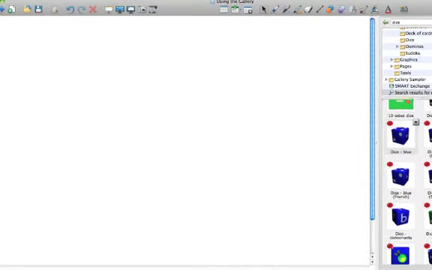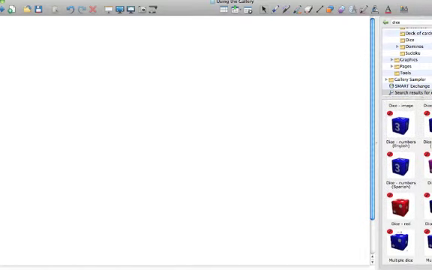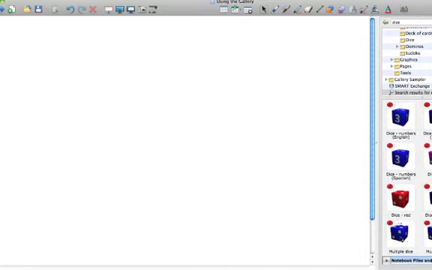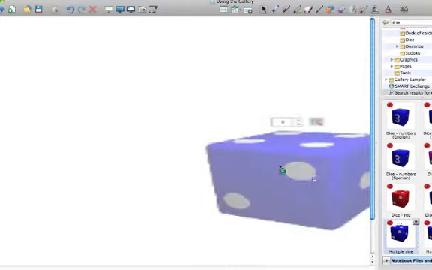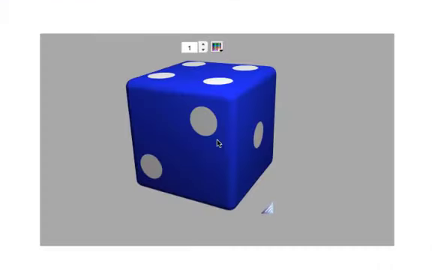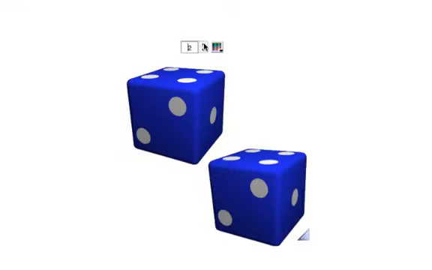Let's say, for example, we want to roll a pair of dice. So if I go down and I grab the multiple dice item, I can choose the number of dice I want. Let's go 2. I can choose the color. Let's choose green. And now if I click,